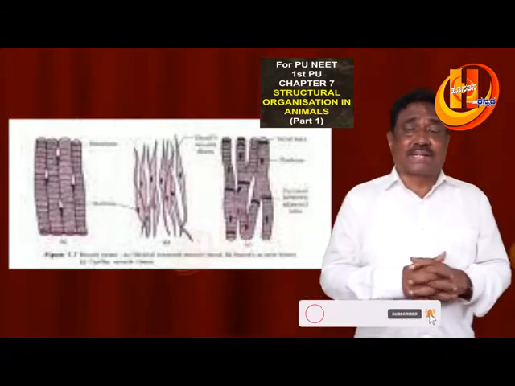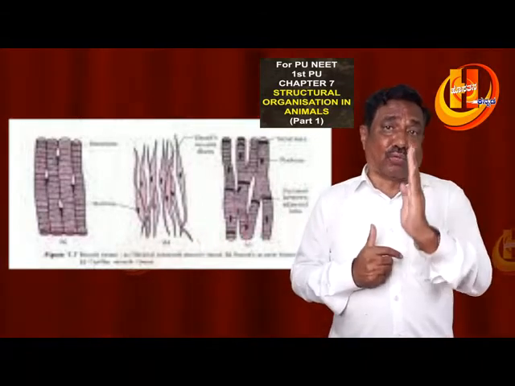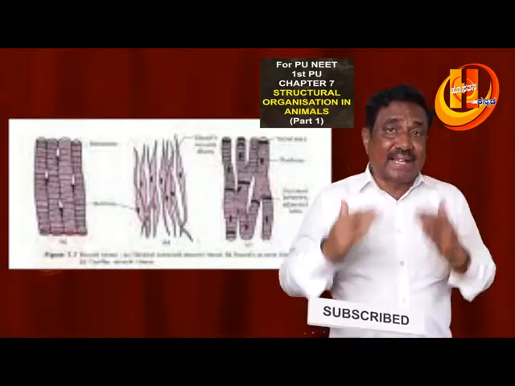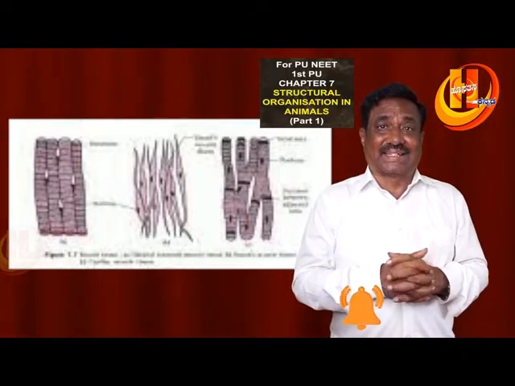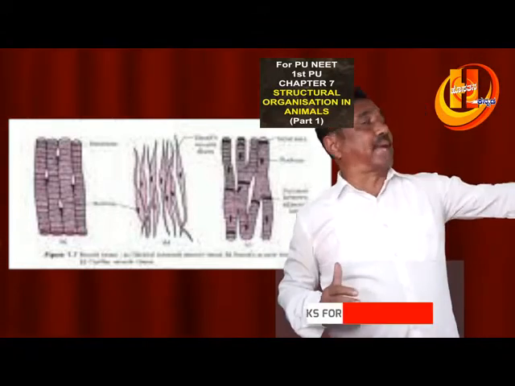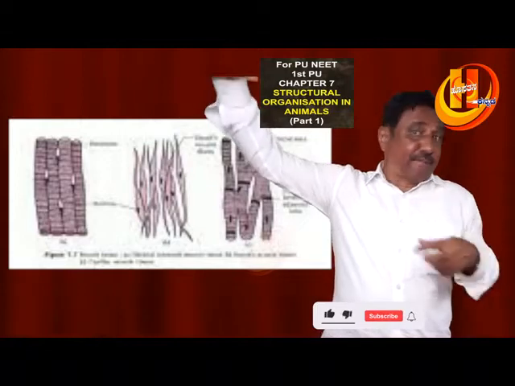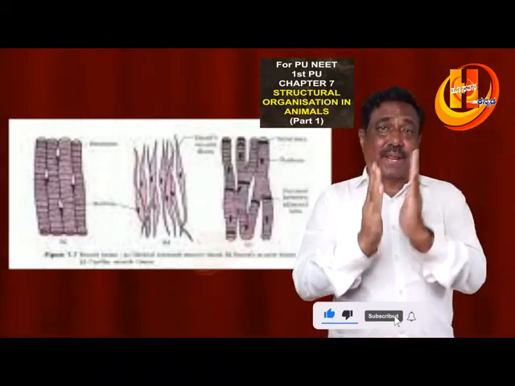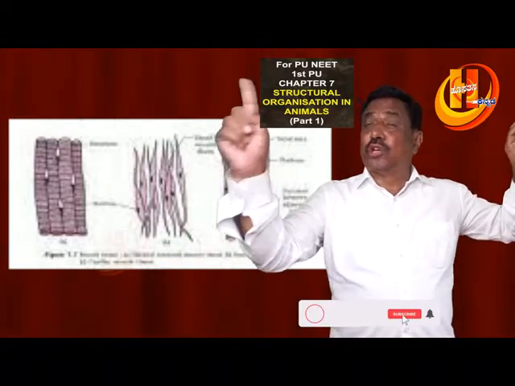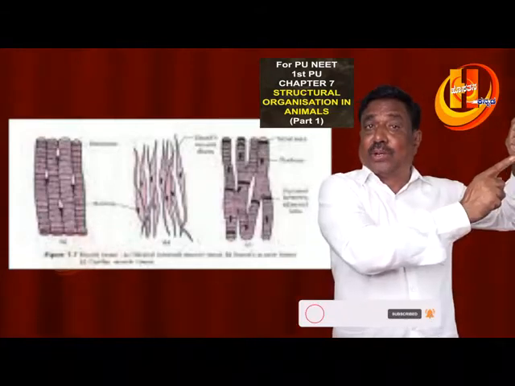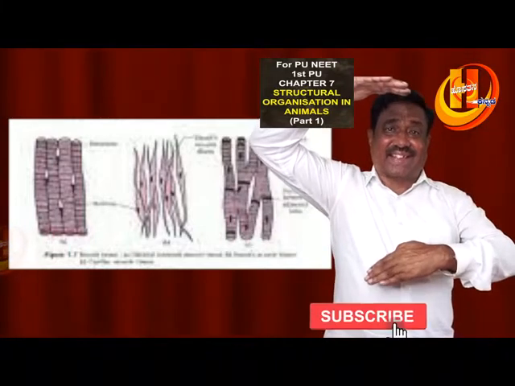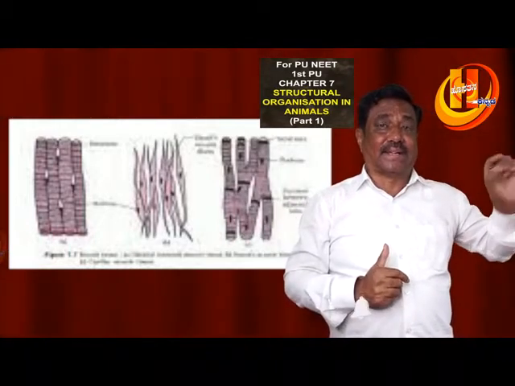Muscular tissues consist of the myofibrils, actin and myosin, and there are three types: smooth muscle, striped muscle or skeletal muscle, and cardiac muscle. Smooth muscle has tapering ends, fusiform in shape, and the skeletal muscles are cylindrical in shape, and so are cardiac muscles. Uninucleated, multinucleated, uninucleated. Nucleus present at the center, nucleus present towards the sides, and nucleus present at the center.